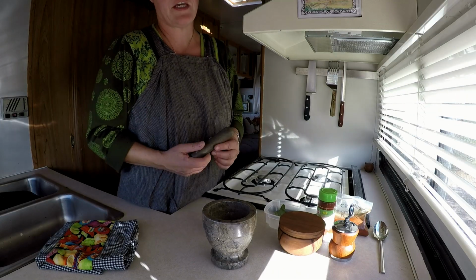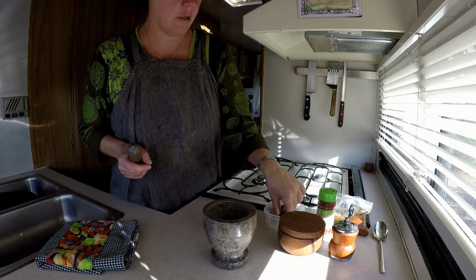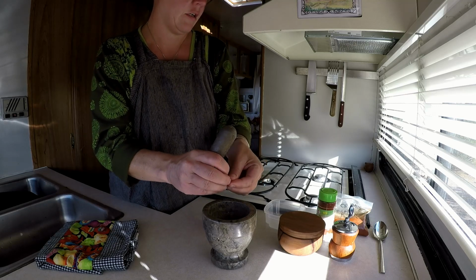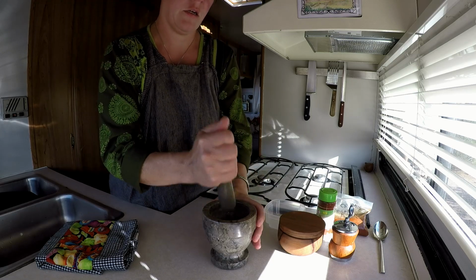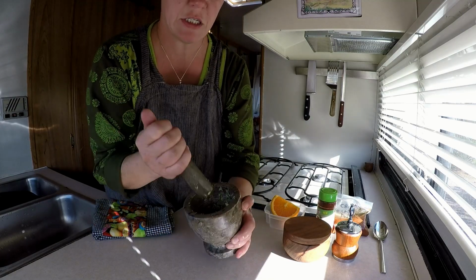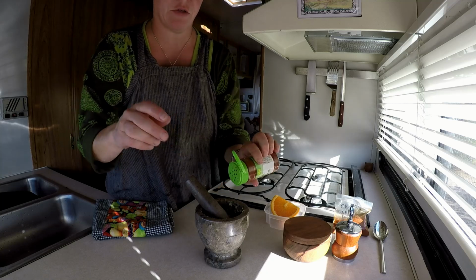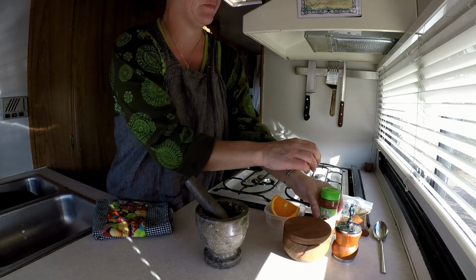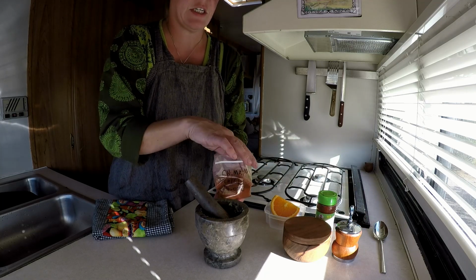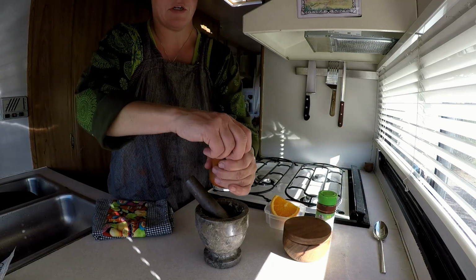Okay guys, now we're going to be making the spice rub for the hens. I've got a little garlic here, got a little sage. We're just going to break that up a little bit and get in there and pound it out. Okay, once you've got it pounded out into a nice paste, what we're going to do is add a little chili powder, just a skosh here. That's your sweet chili. This is a Chimayo chili powder from New Mexico. I'm just going to add a touch of that because Chimayo is pretty hot. The black pepper,